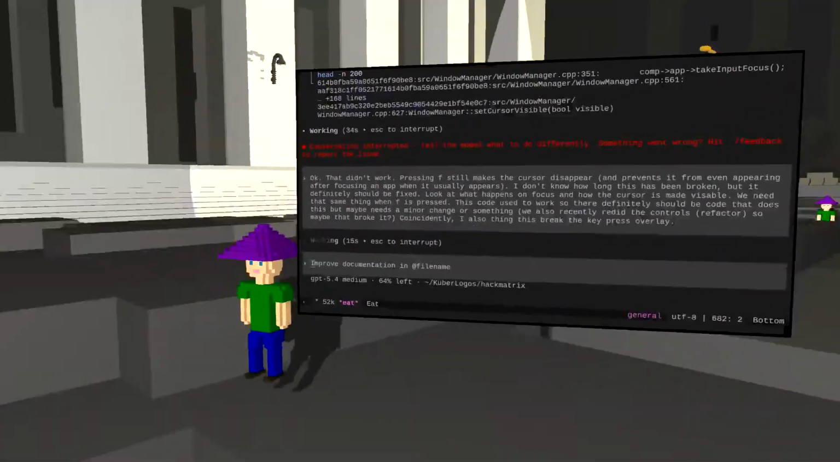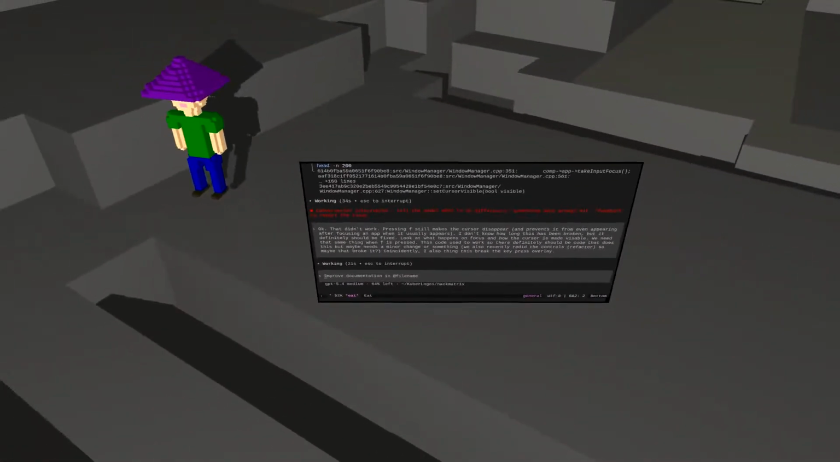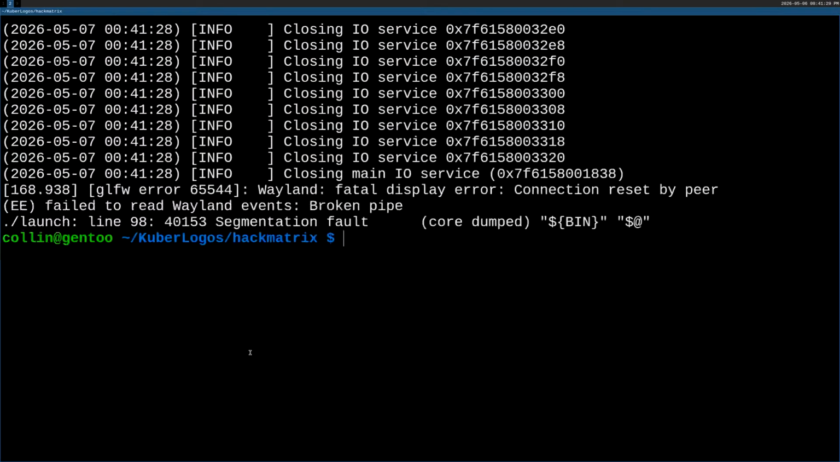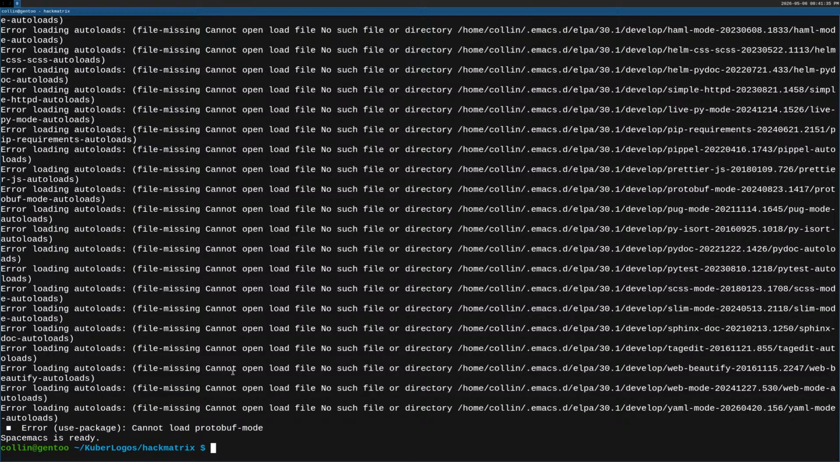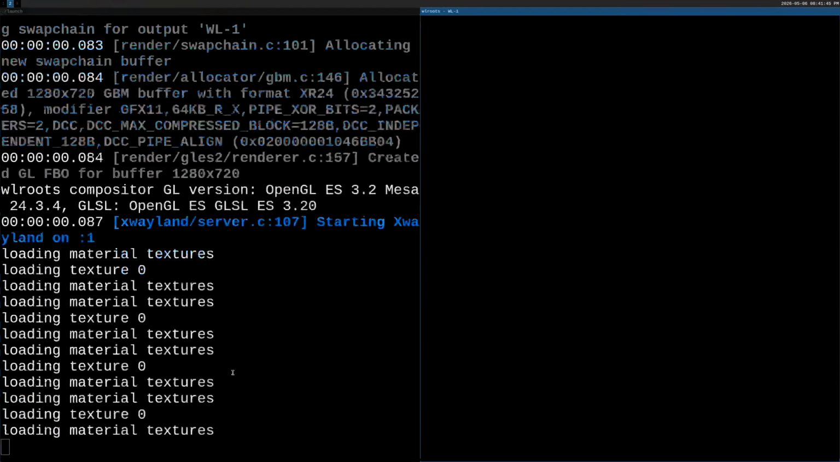But I think maybe an app focus breaks the key press overlay, or maybe it is just pressing F that breaks it. I would have to test that. I can actually escape out of this right now, and it will not stop doing its thing, because that process is daemonized. I started it here, so I can let it do its thing while I reboot or whatever to test my hypothesis of the key press